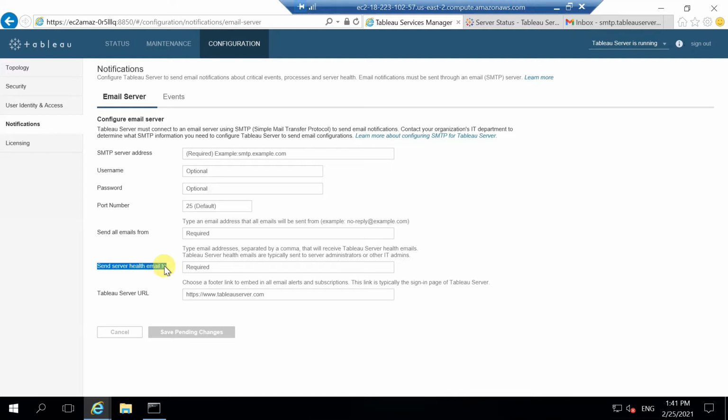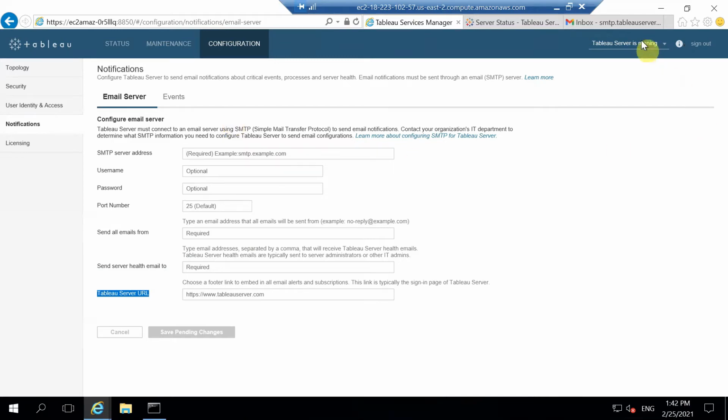Is it a team or an individual? So to which email address should the server email health go to. Also what Tableau server that end users are using in the end. So these are all the details that we have to fill. As we are doing an experiment here in order to show you how the email configuration will be done, I'm going to use Gmail as an SMTP here, and I'll show you how we can set up that.